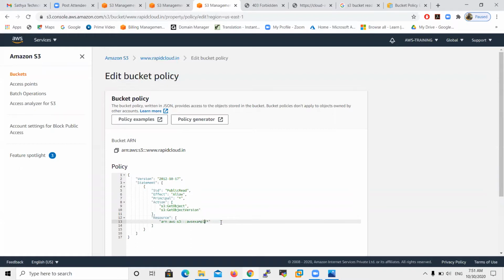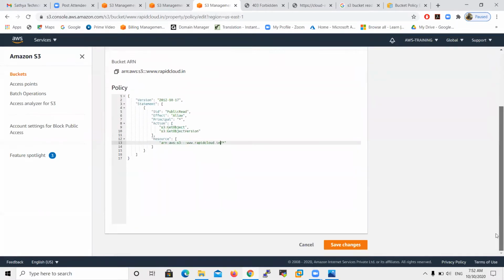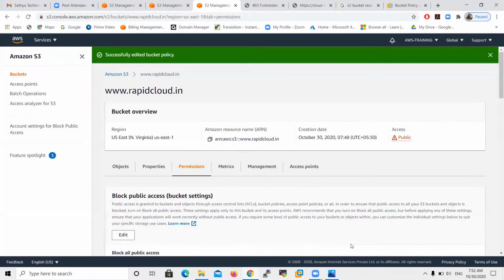You need to keep your bucket name. Change the bucket name. www.rapidcloud.in is my bucket name. And then save changes.